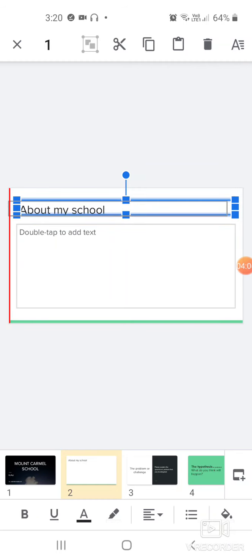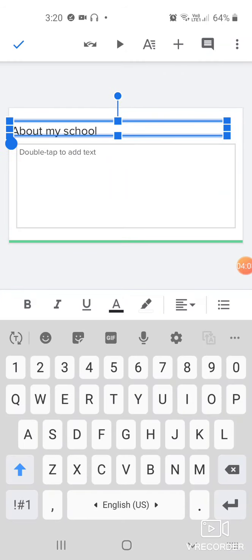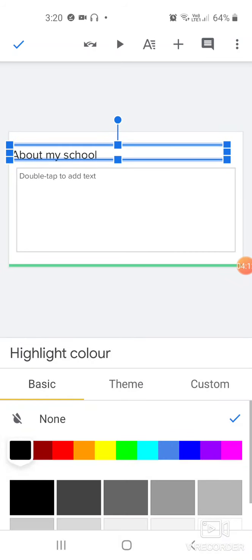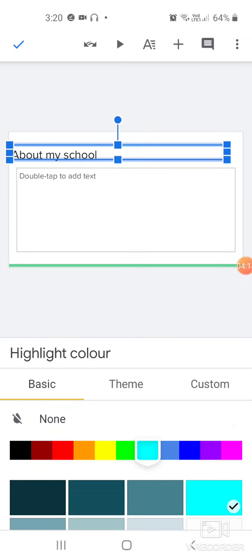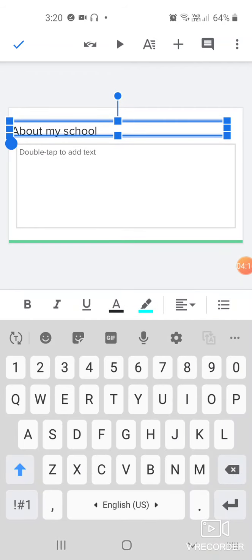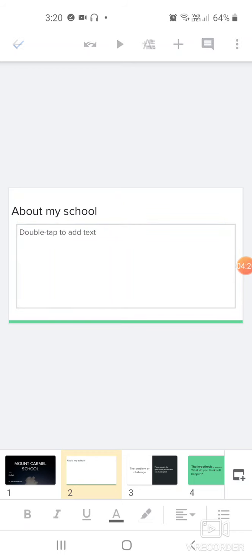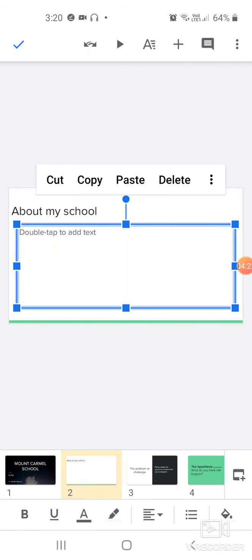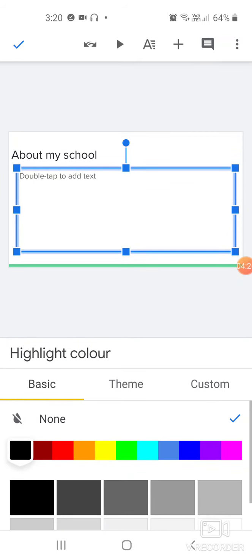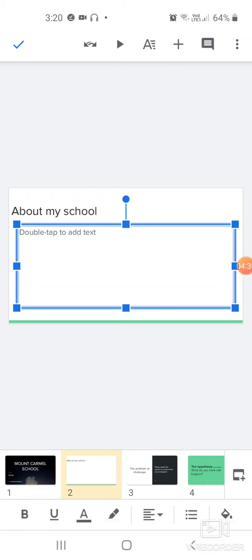you are allowed to select it, and at the bottom if you see there are different options and it opens the color, the highlight color if you want to make. All those things you can do, children. So you can go here, choose whatever color you think is good for you.